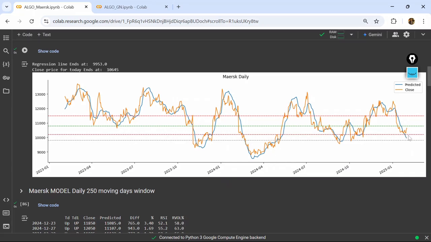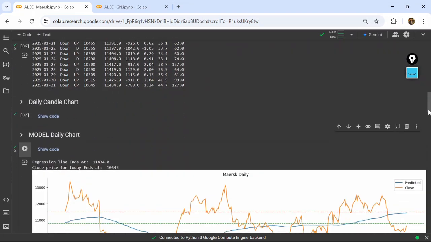Similarly, right now we don't know if it crosses the regression line and starts a bullish trend. I have some position right now in Merck because, comparing to 1 year data, it is at a discount of 1,000. So the original price is like 11,500. That's what the 1 year data says. You can see here.